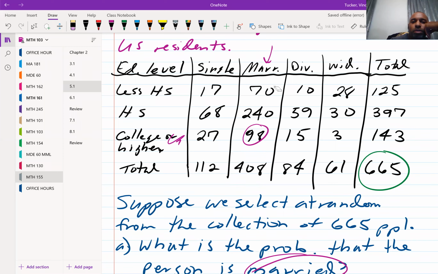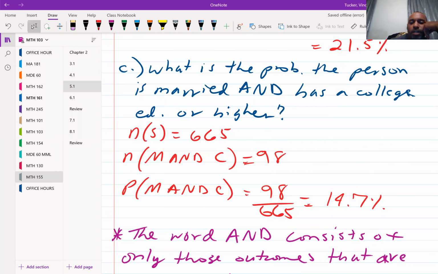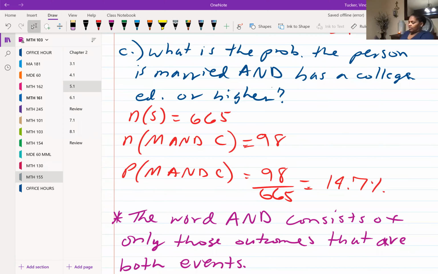Those are the people that are married and have a college education. So that's 98 over 665. Just a statement about the word "and": it consists of only those outcomes that are in both events. So that was the total number of people that had both. "And" is always what they have in common. We said 98 divided by